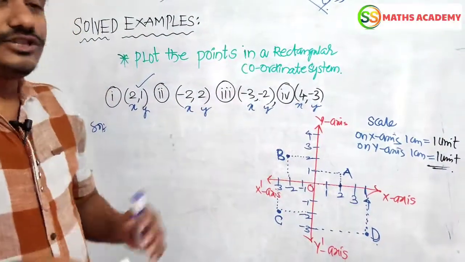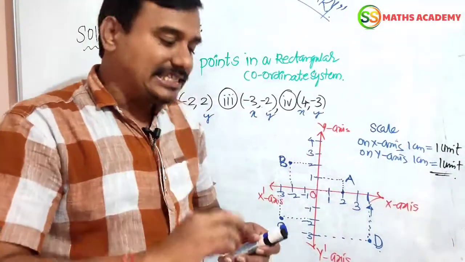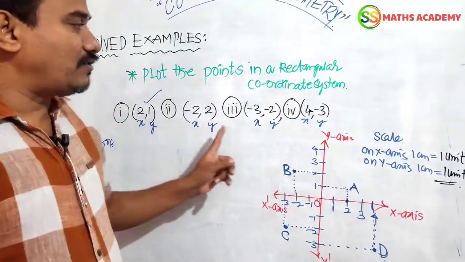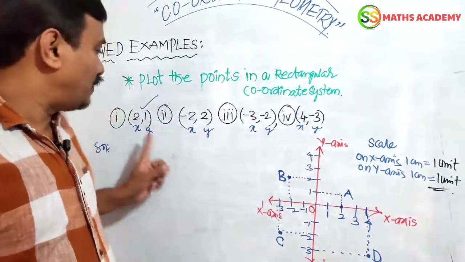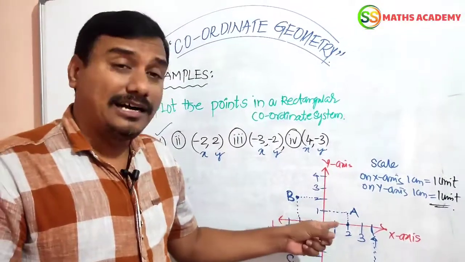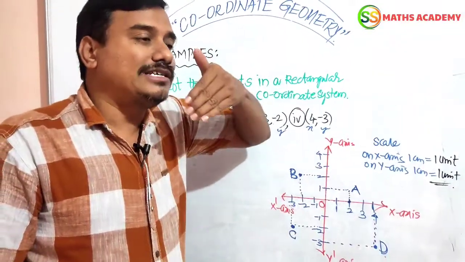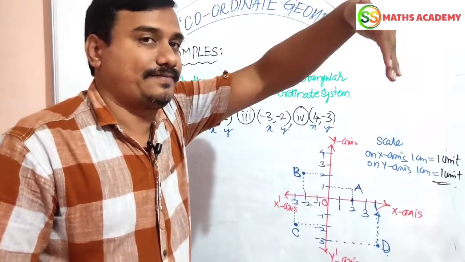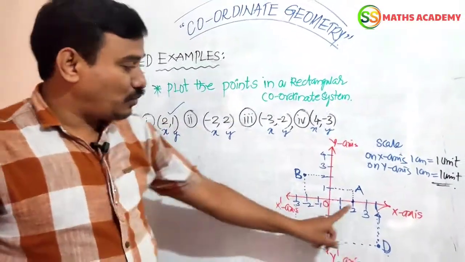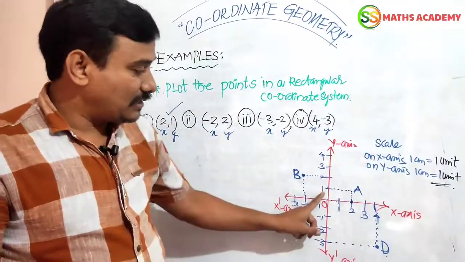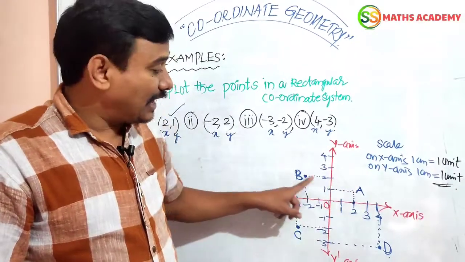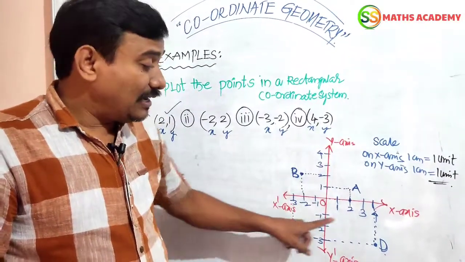So the procedure of this problem I should explain quickly. Let us see. First, see what is given in the question paper. First you should observe where the ordinate is and where the abscissa is. First one is the abscissa, second one is the ordinate. We should locate the x here. We have to think of the x value as the distance from the y axis, and the y value as the distance from the x axis. So 2, 1: 2 is here, 1 is here. Distance from the y axis, distance from the x axis. These two are located here. Like that B, like that C, like that D.